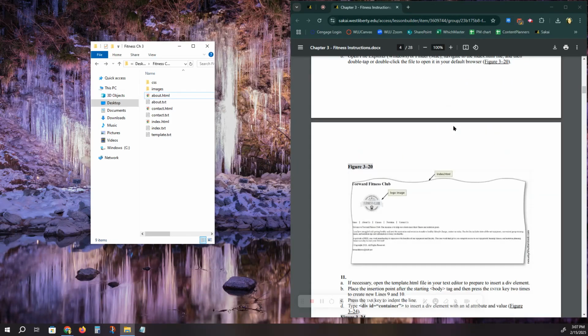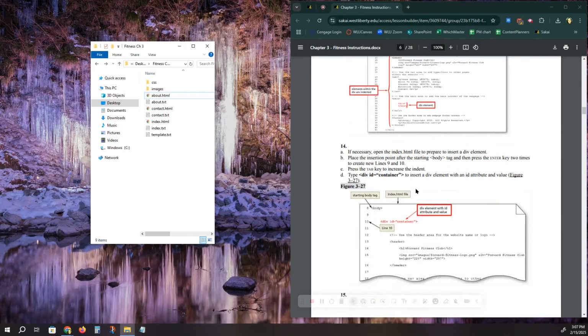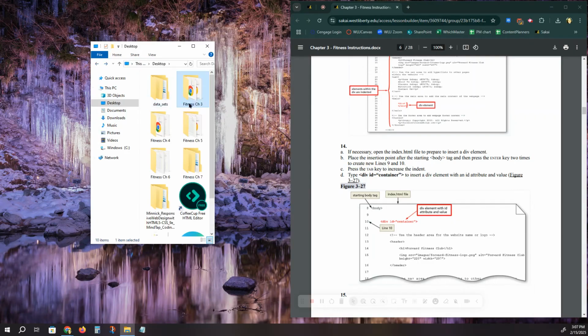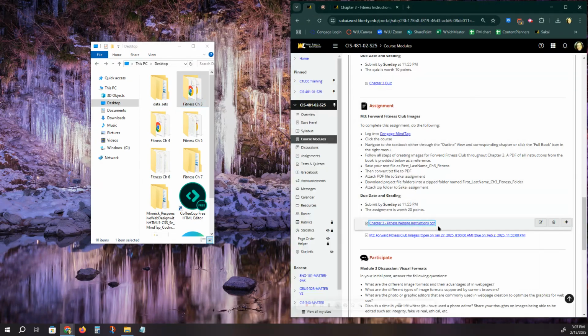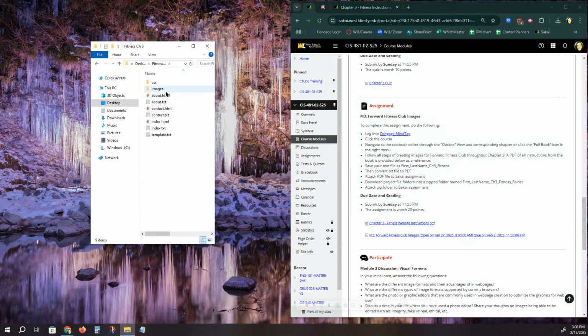When you are done following all the instructions in the assignment, and you have your pages, you've saved them as HTML files to see your progress and how things are working, you're going to submit this entire chapter folder into the assignment. What this is doing is zipping it up into a nice smaller package. It makes compression smaller so it's easier to upload and download. And then the instructor can open up your file just like this, see your HTML pages, see your code, see how the images and the folder structure are working together